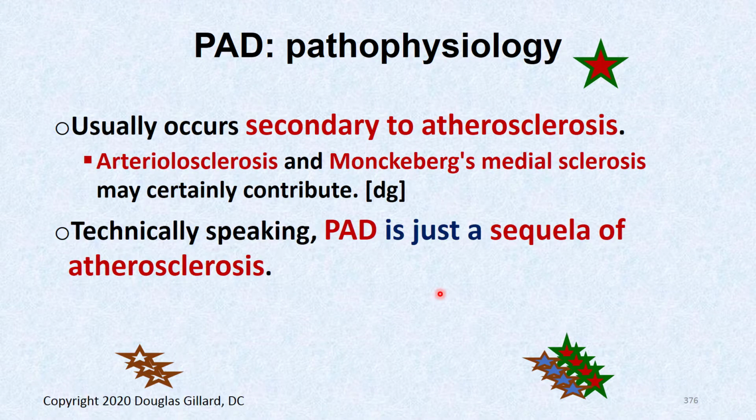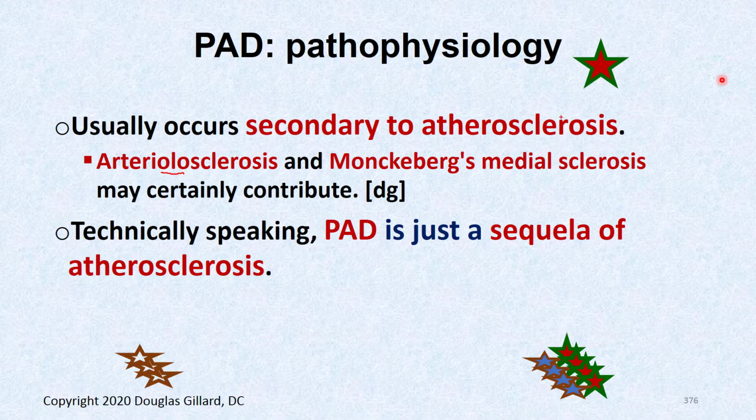Pathophysiology, as I said, it's secondary to atherosclerosis. But really, it could be from the parent category of atherosclerosis, which is arteriosclerosis. Remember from your pathology days, arteriosclerosis has 3 subcategories, each of which has different pathological appearance. There's atherosclerosis, which you know. There's arteriolosclerosis. See the second O? Arteriolosclerosis. That's one of the 3 children under the main category of,